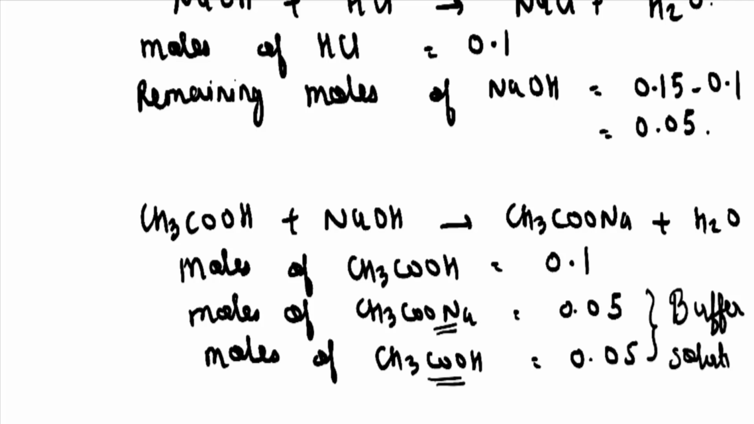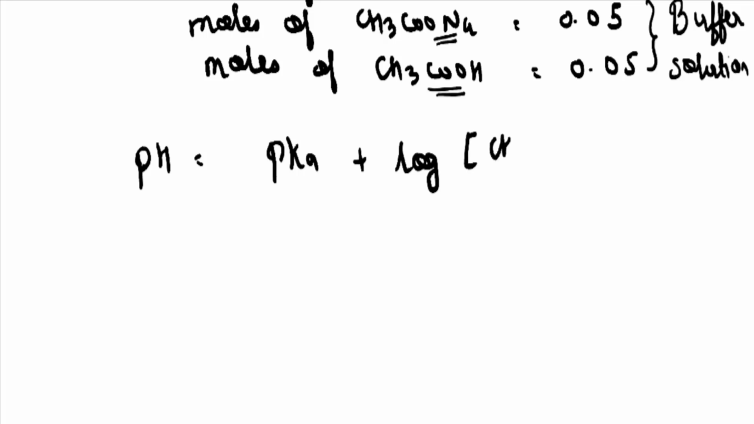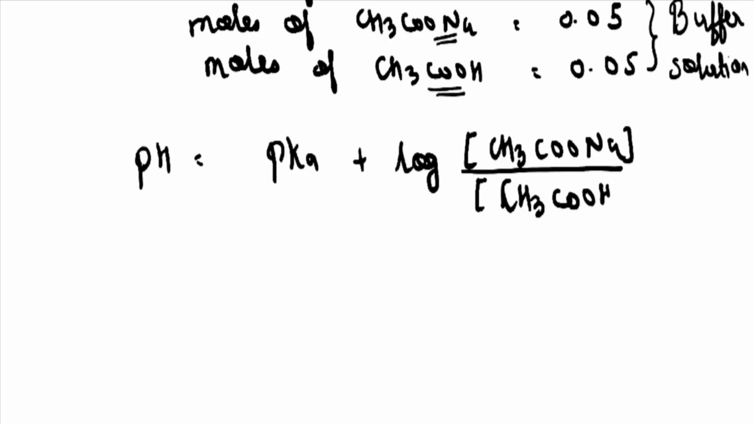So it will form a buffer solution. So the pH of the buffer solution will be given by pKa plus log base 10 of salt, which is sodium acetate, upon acid, which is CH3COOH. Since the moles for salt and acid are the same, we can write: